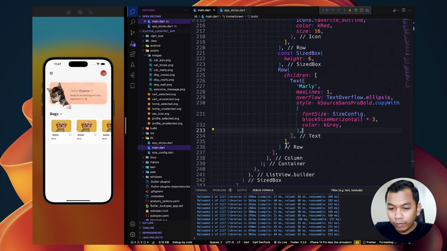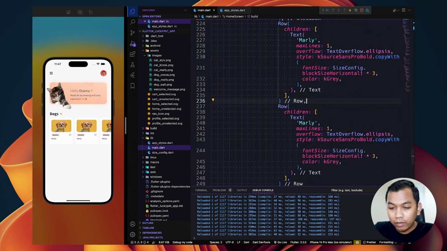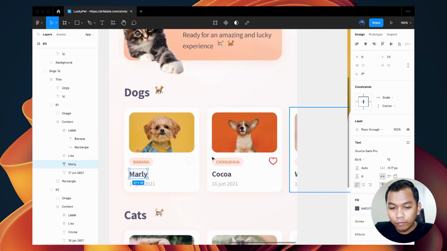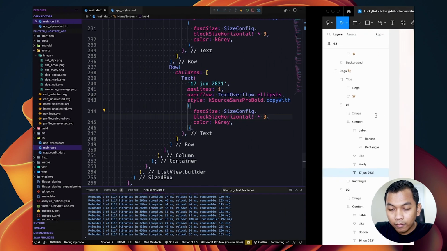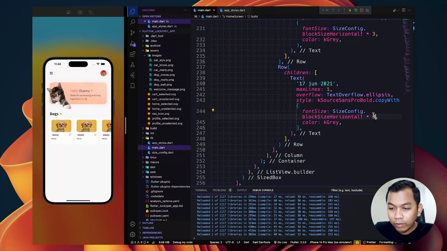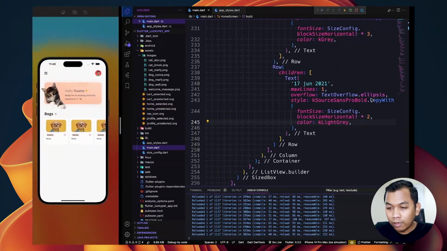And just copy this Row widget and change to this, and maybe it's 2, light gray, and it's regular.